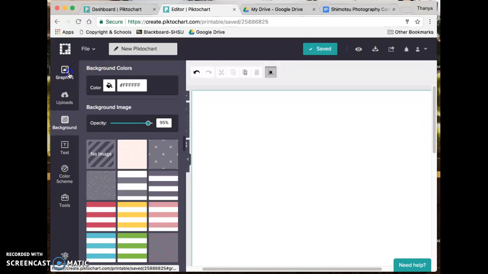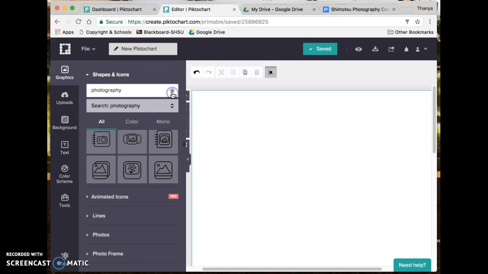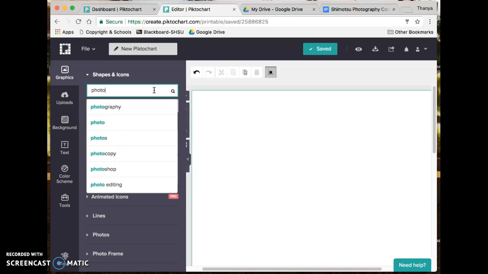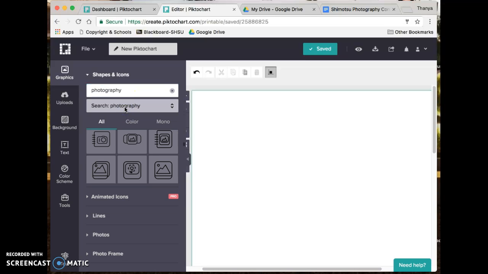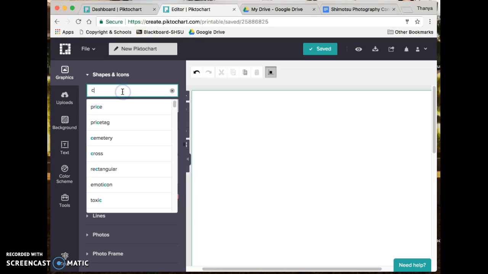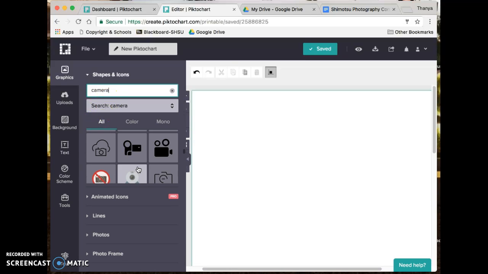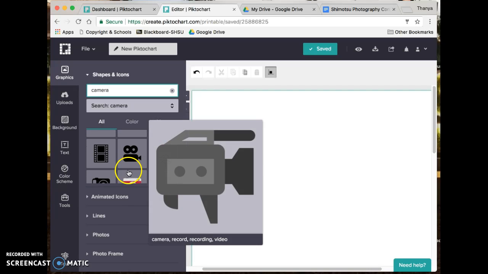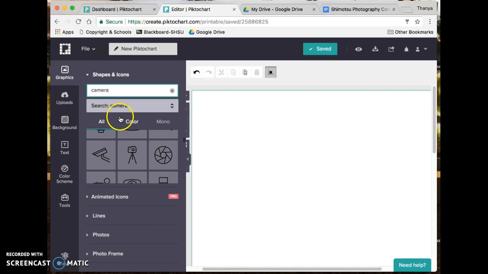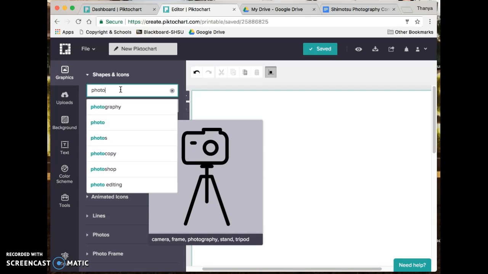But so I am going to go over to graphics, and as you can see, I've searched photography. There's different things you can search. I could search photography, I can search camera, and it'll give me some graphics that I can use. Okay, so I'm going to go back to photography,